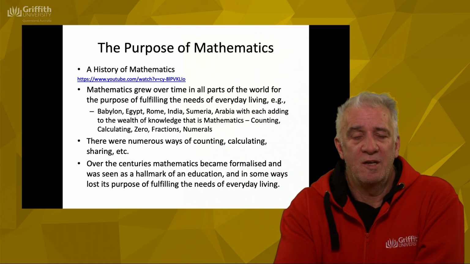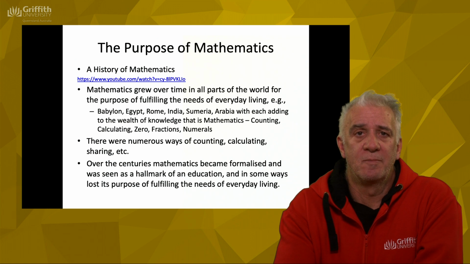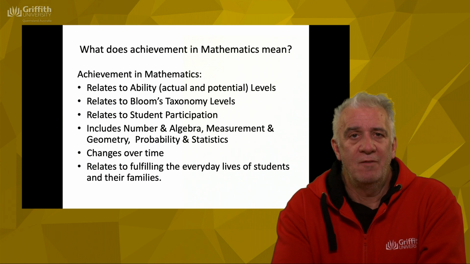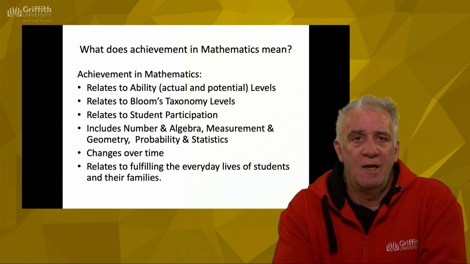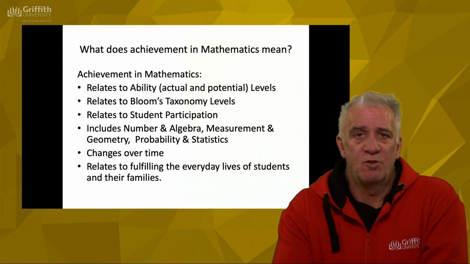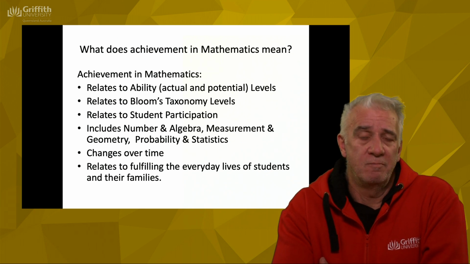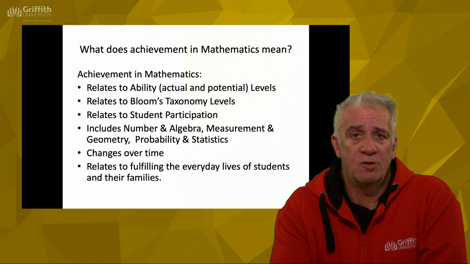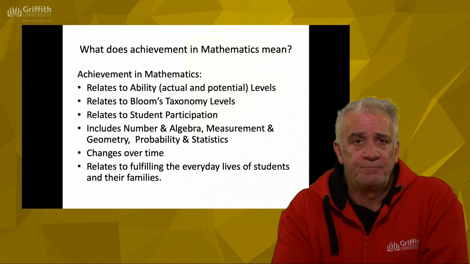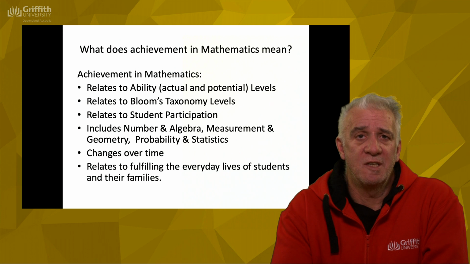And you've got to see it as a group of ideas and concepts which has been developed historically through a range of social contexts. So what does it mean then to have achievement in mathematics? Now, there's a few things that build towards achievement. Of course, it relates to, I guess, what we'd call mathematical ability. By that, the things the kids know and can do, but also their potential to learn some of these sorts of things. And again, mostly their ability relates to what they could do previously.